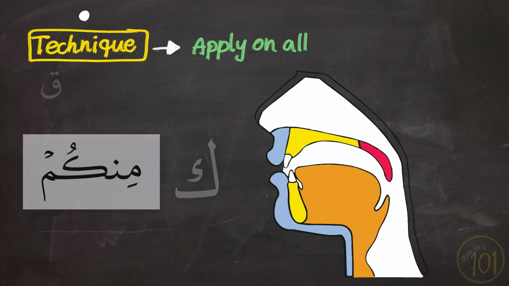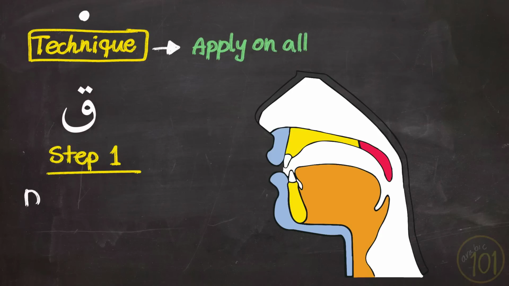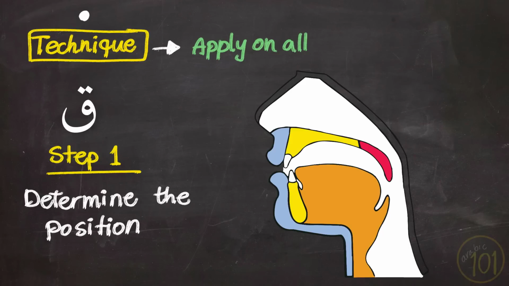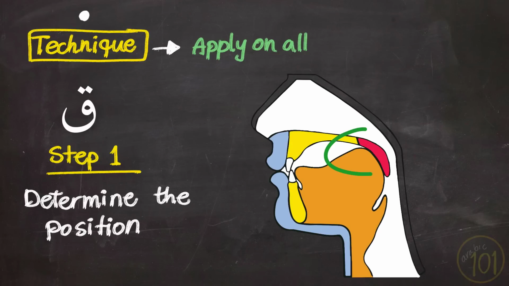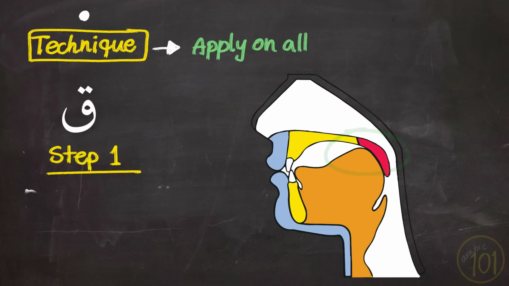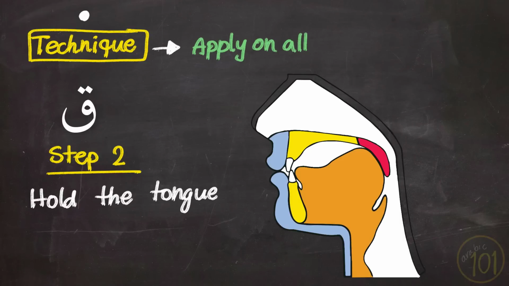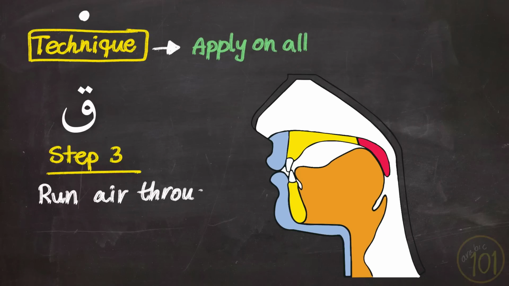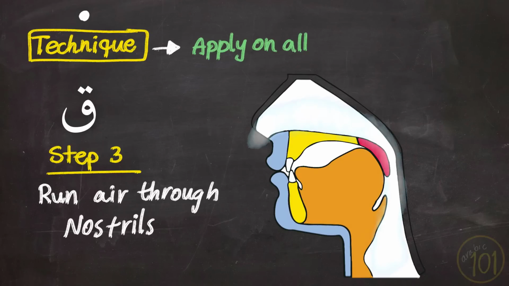Minkum. The same process is with qaf. We determine the positioning of the tongue, which is again the back of the tongue against the soft palate, but a little bit deeper. We hold the position right before we release the air, so right before the qa. While holding, run air through the nostrils to have the sound of ang,